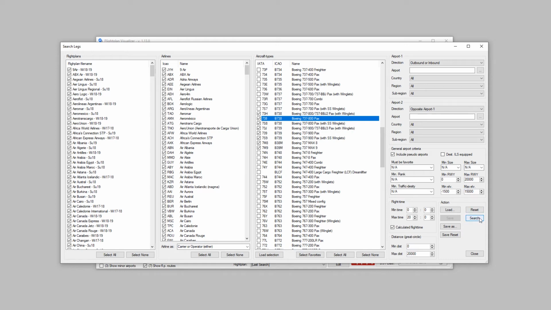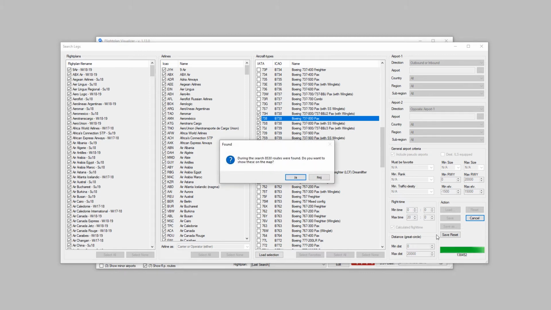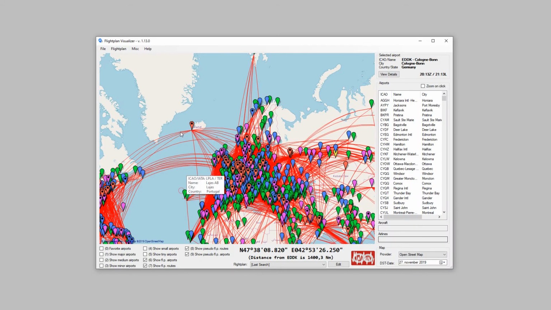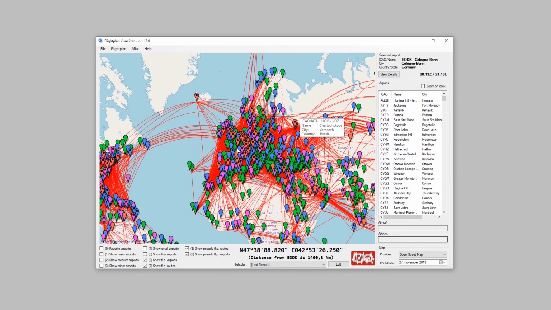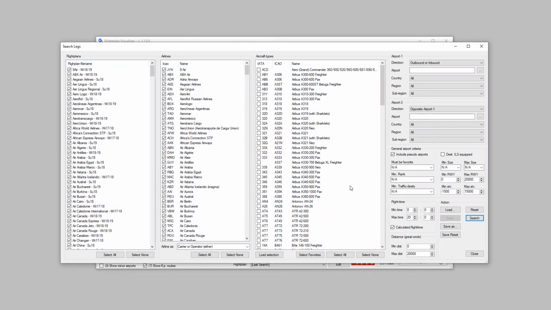So I perform the search again. And as no surprise, there are a lot of flights. And it would be even more terrible if you searched for all of the Airbuses. The map will be filled by flights. So this is too much, and I will reduce the amount of flights that are found by simply adding